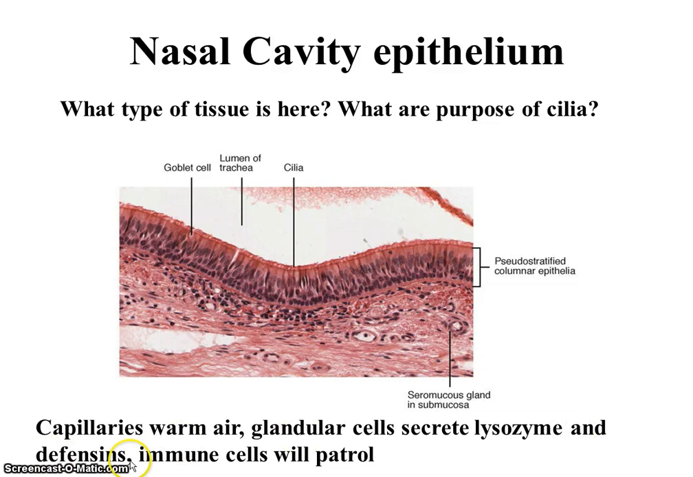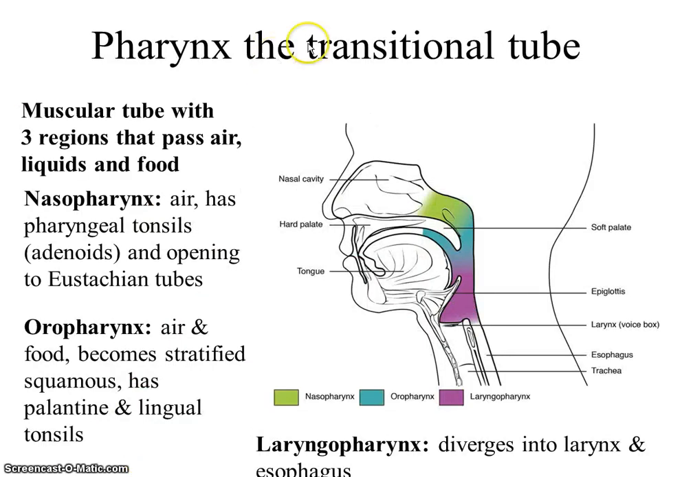These cells produce defensins, and then you have patrolling immune cells here too. Pretty convenient. Remember, defensins punch holes in the membranes of cells. All right, so the pharynx: air passes on through the nasal cavity and into the pharynx, which is nicely